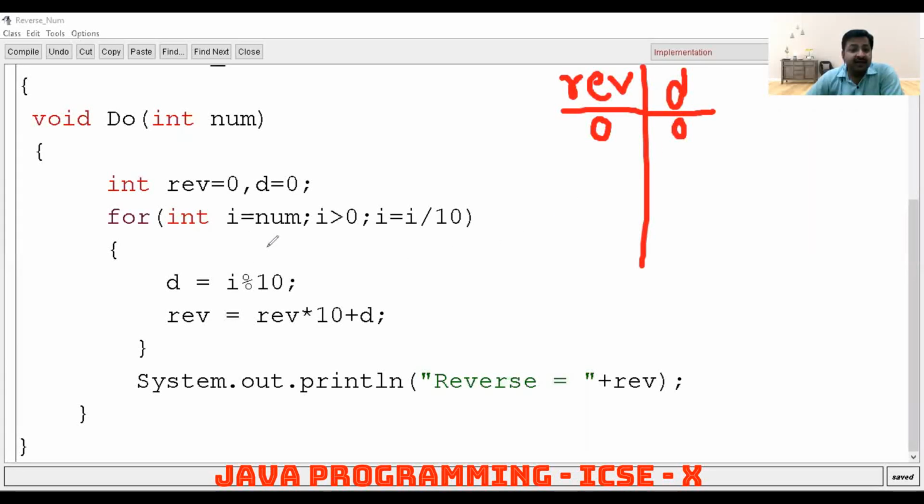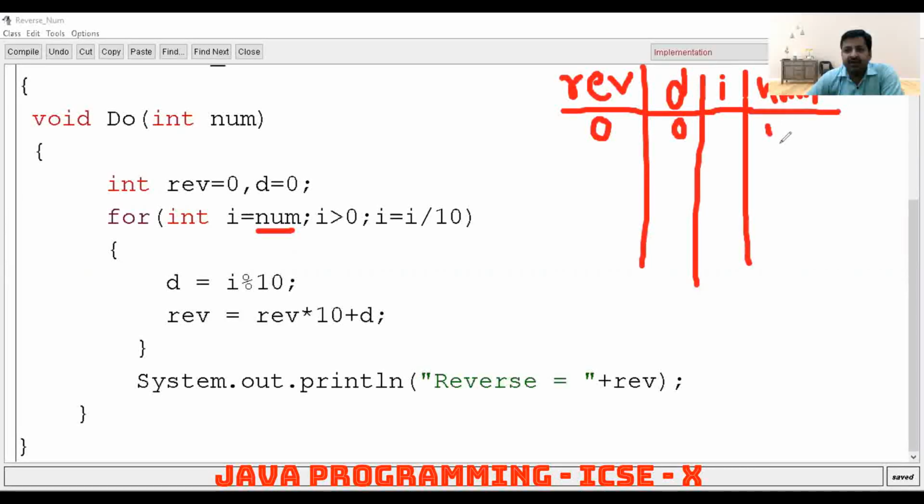Now, i is also a variable which is being initialized, equals to num, such as the one value we had taken at execution time, that is 1, 2, 3, 5, or 1, 2, 3. So i is also being initialized as 123, right?